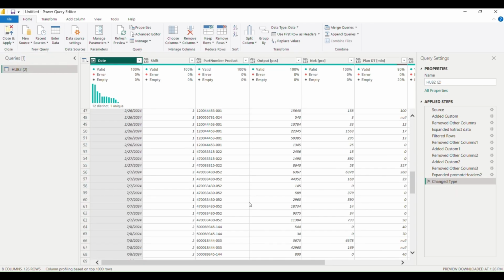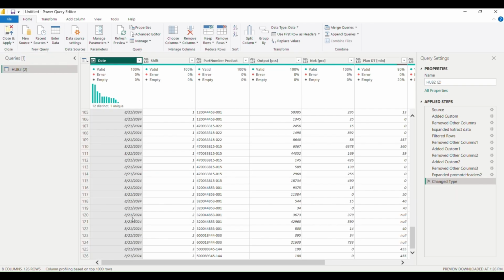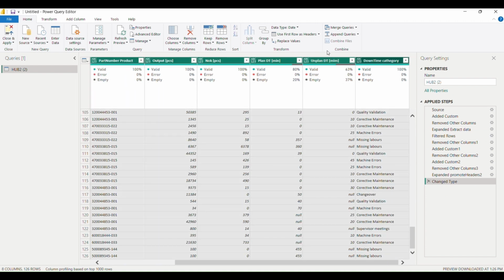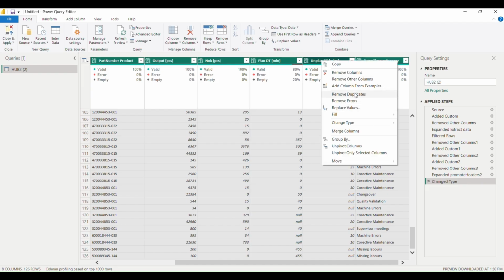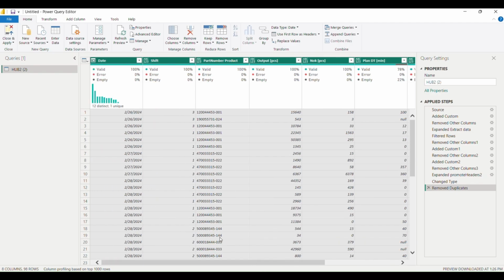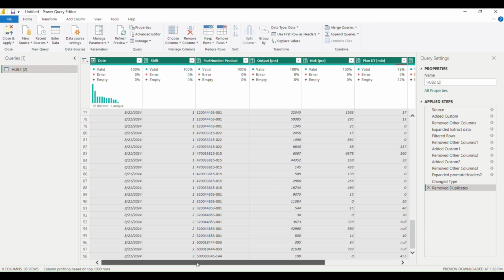Now if I click here, we can see that the last line is duplicated. If I add a new step here, select all of the columns from our file, click the right button and say Remove Duplicates, you will see that I have a new step which will be performed automatically. Every time I upload something or refresh, all duplicates will be removed, and that's the way we can automatically get rid of duplicated data.